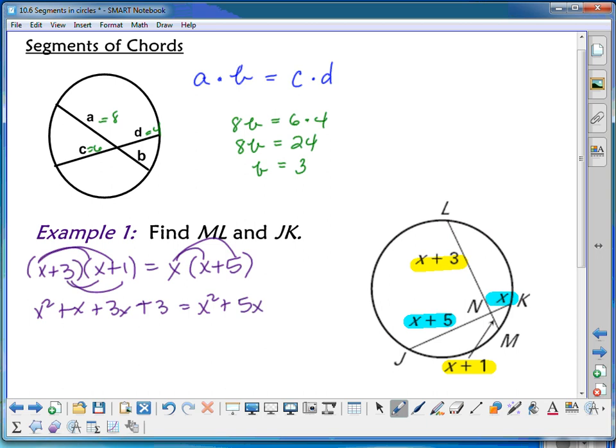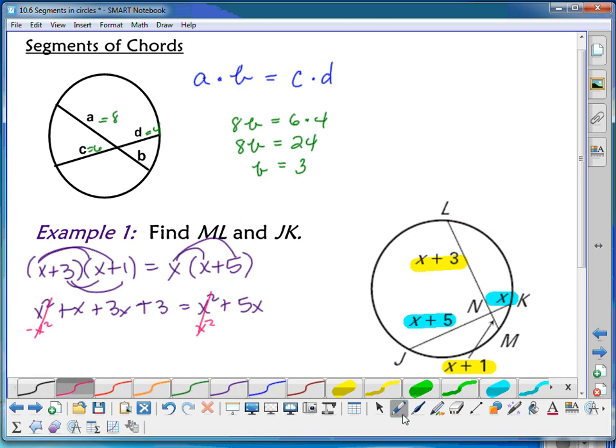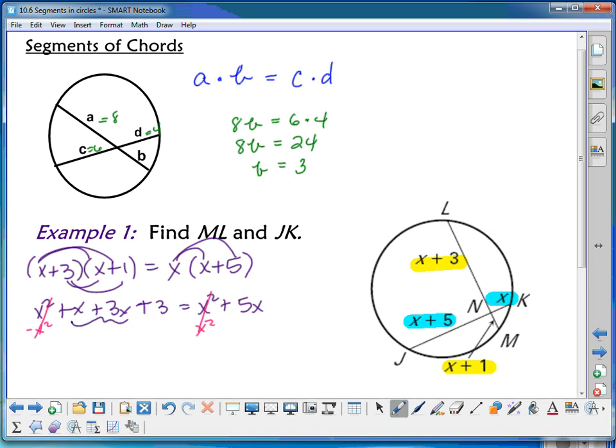I see that I have an x squared on both sides, so I can go ahead and cancel those out. Then if I combine my like terms, on the left side, x plus 3x is 4x. So I have 4x plus 3 is equal to 5x, and we subtract the 4x, and we get that x